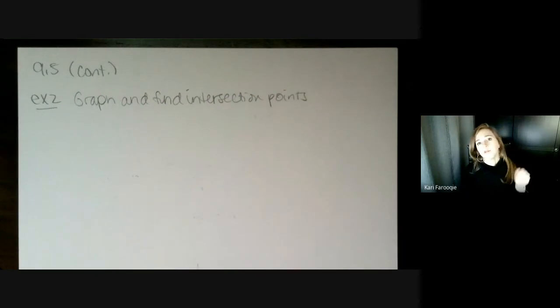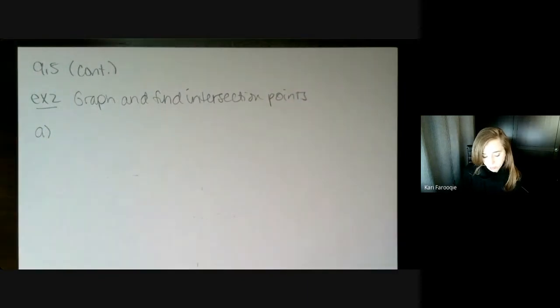A lot of times your graphs are going to intersect at specific multiples of pi, like pi over 3 or 2 pi over 3 or something like that. And if you were to do this in your calculator, it would give you a decimal approximation anyway, which you might not think is a big deal, but it will be when you start to integrate and you have to use that value as a boundary. You don't want to have to do that. So we're going to find exact intersection points.